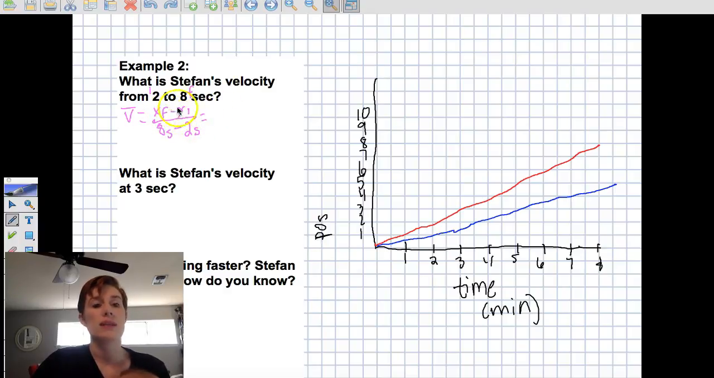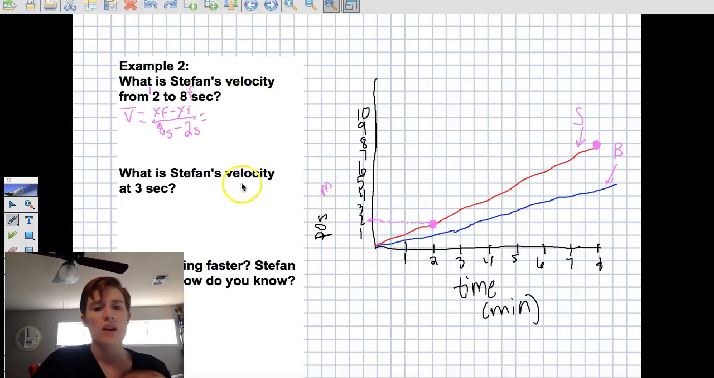Okay, so where do I get my distance values? Well, I can get those from looking right here on the graph. Stefan is right here, and this is Bob. So we're looking from 2 seconds, which is right here, to 8 seconds, which is right here. We need his final distance and his initial distance. Well, his initial distance is right here. Let's bring it over, and we're at 2. And I didn't give you a unit here. Let's say this is